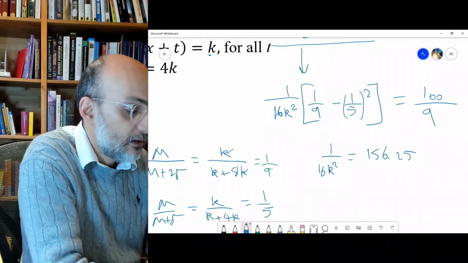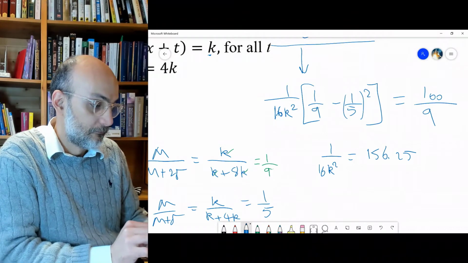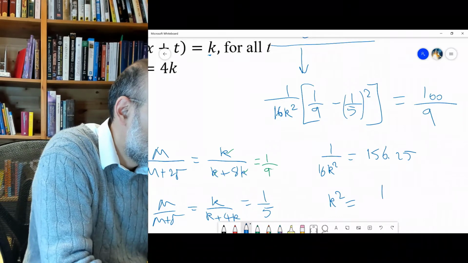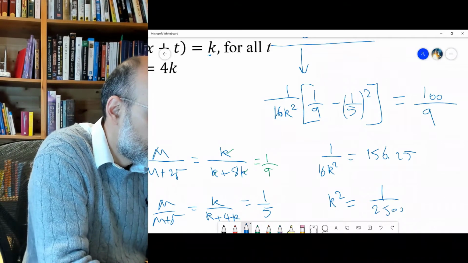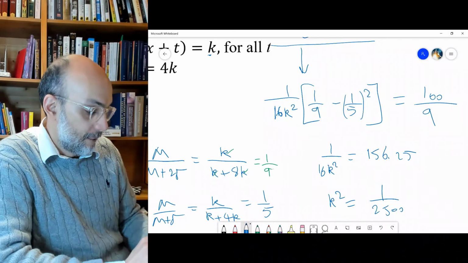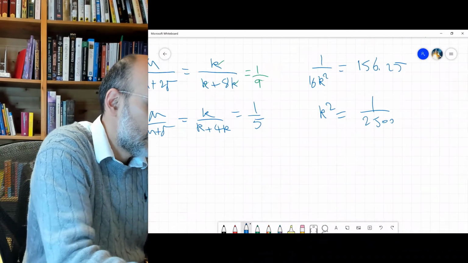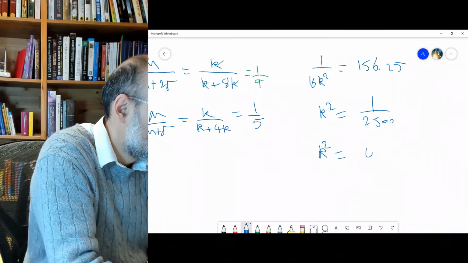Now take the 16 to the other side, flip it over, so k squared will be 1 over, or in other words, k squared is equal to,